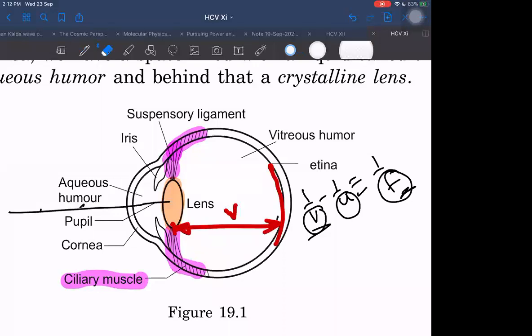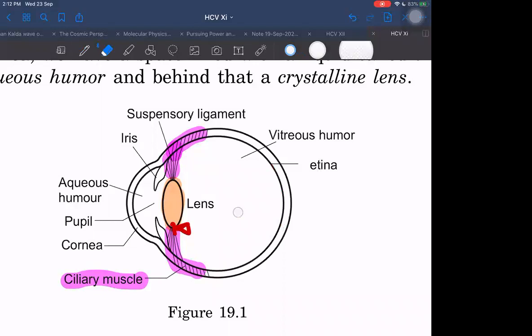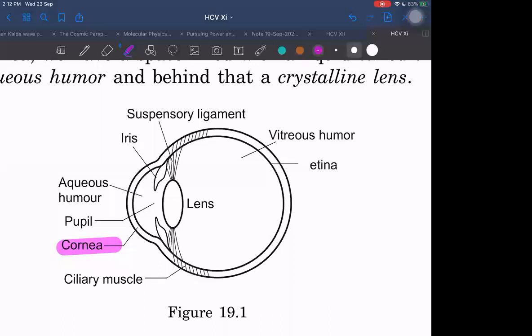So next, we have the cornea. We have ciliary muscles which can compress and decompress the lens. It can change the radius of curvature, so the focal length can change. What is the cornea doing here? Actually, the effective focal length is like a combination of the focal length due to the cornea and due to the lens. It is like two lenses in combination. One lens is the cornea and the other is the lens inside.